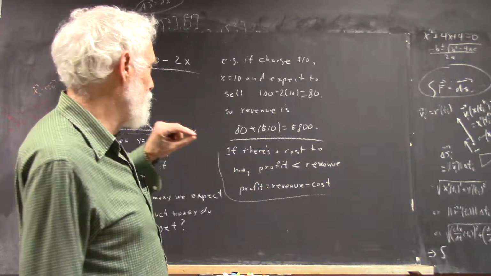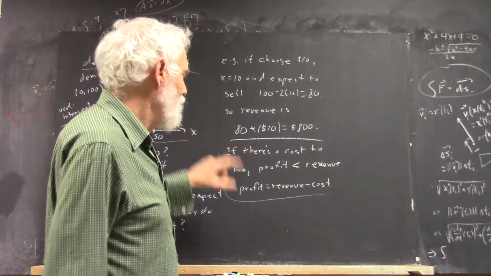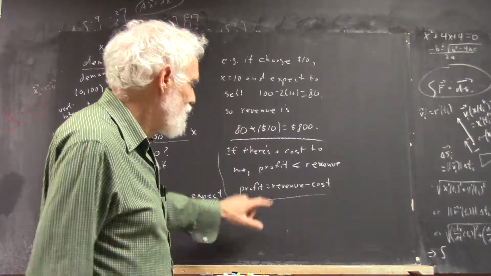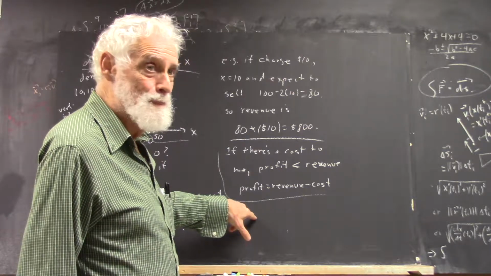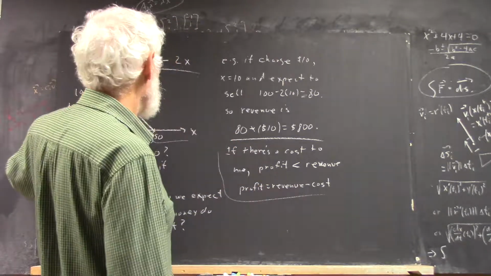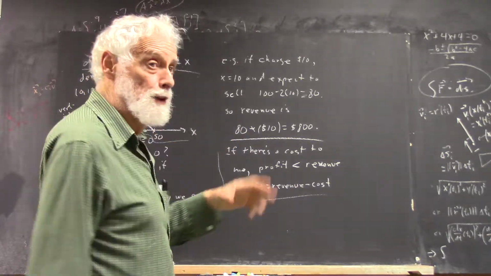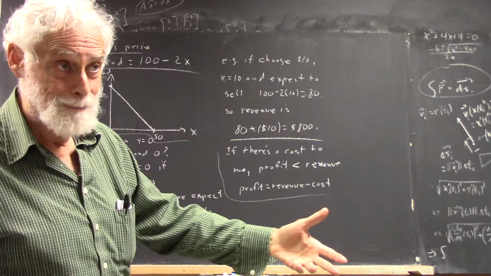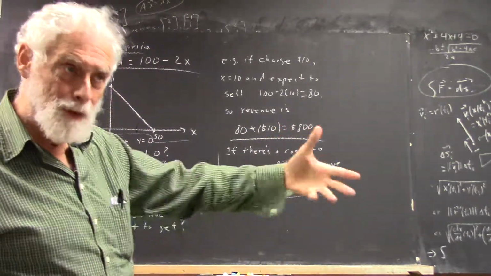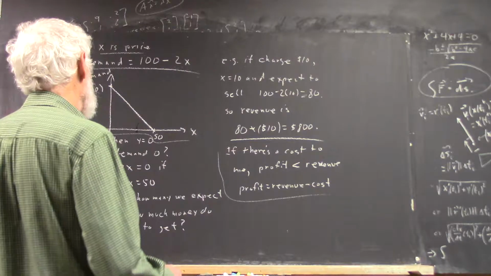It just says, okay, I'm going to assume that the number I need is going to be the demand, and that's how many I'm going to buy. It's not quite realistic, but that's the starting point for the model. So,